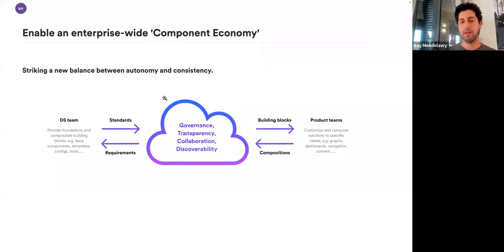also be empowered to share their own composite components that solve concrete problems from their end. So if, for example, the design system team has a standard for how tables should look, maybe there's a specific product team that needs a table that allows sorting, drag and drop for columns, or reordering of rows.